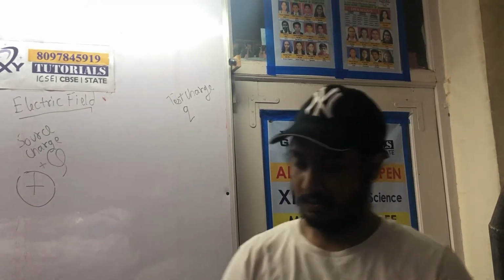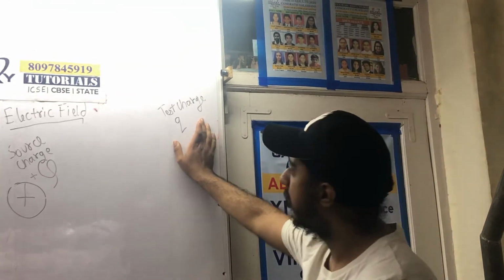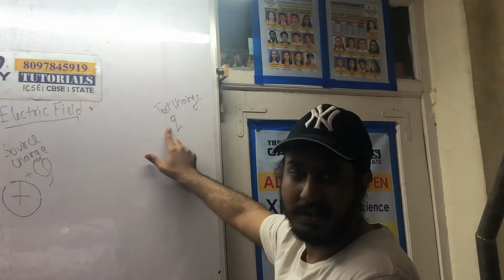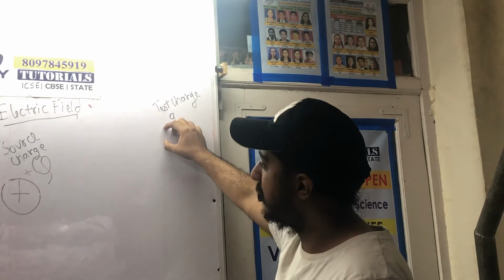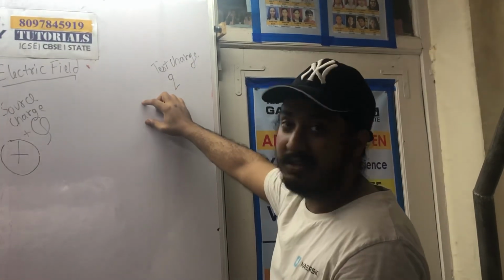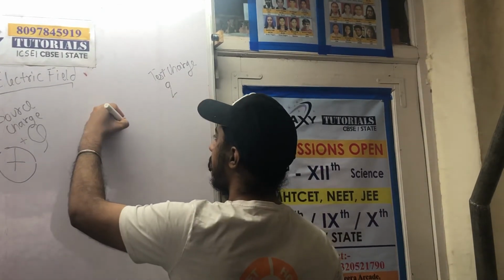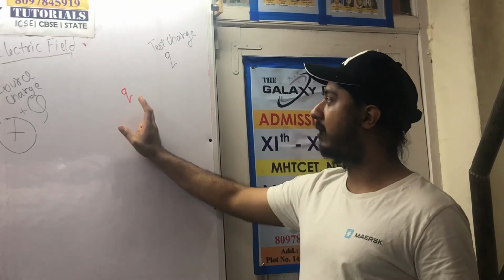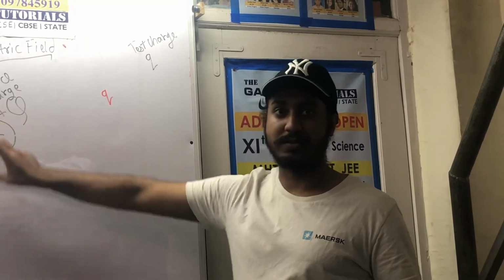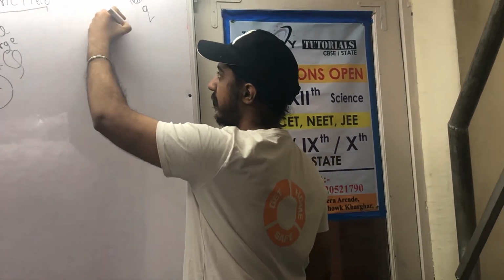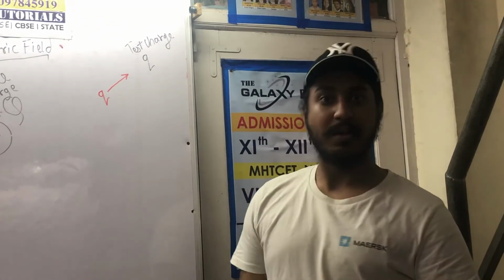This is the test charge. When you bring this test charge closer, this is a positive charge and this is also positive. What will happen when you are slowly bringing it from infinity? A point will come when you will experience a repulsive force. Say I have brought it here. Now at this point you find it difficult to move it inside. Why? Because this plus Q charge is trying to repel it, as this is also a plus charge. Plus and plus, repulsion will happen.